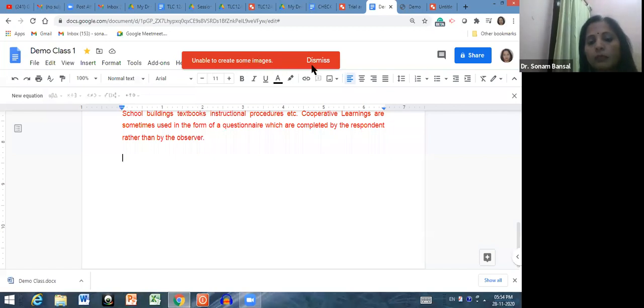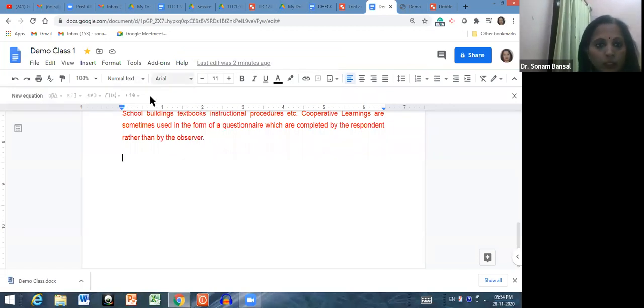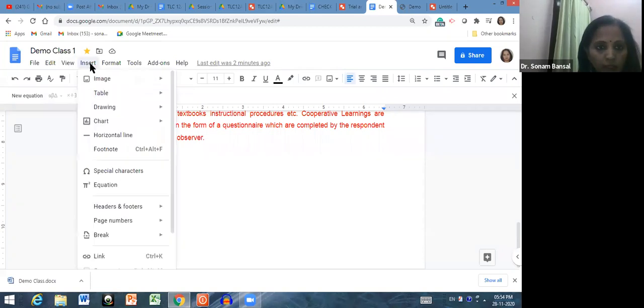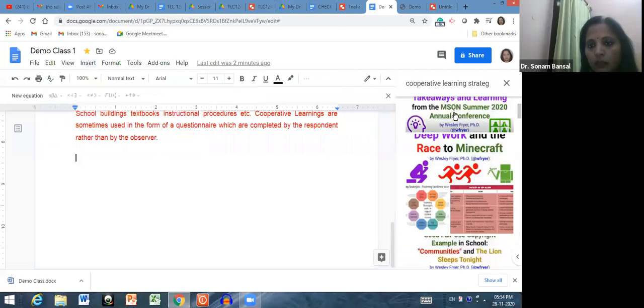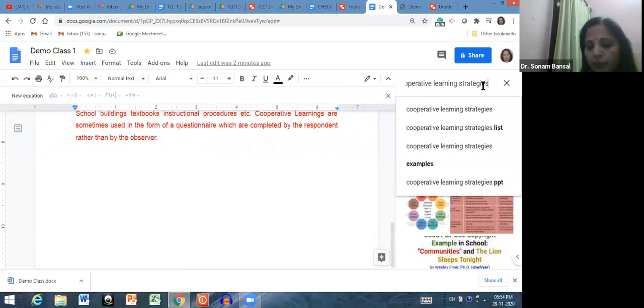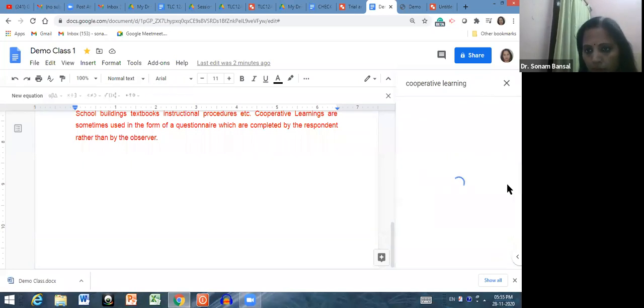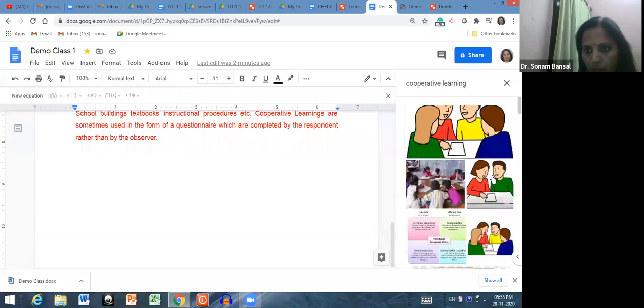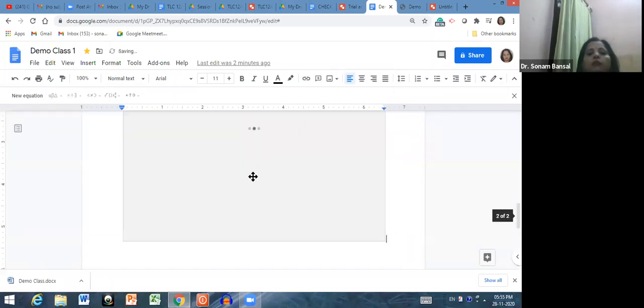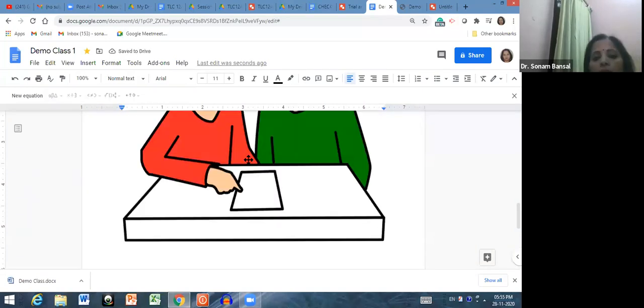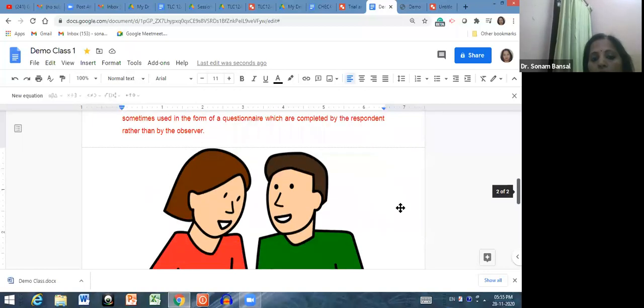Unable to create some images. Okay, let me search another image, because the size of this image is too big. So let me search again. Let me take this and click on insert. See, the image of cooperative learning comes here, right?